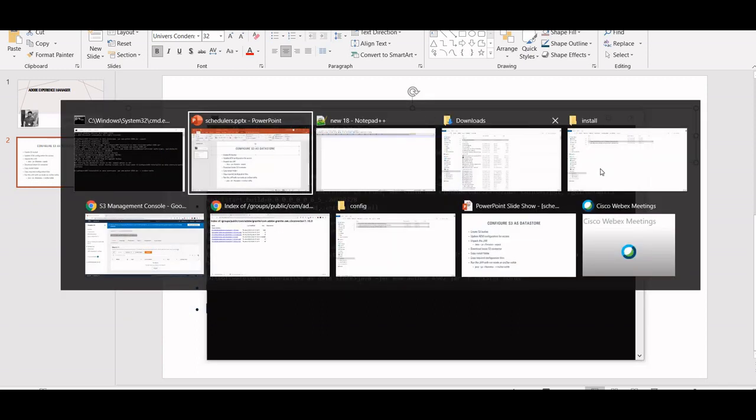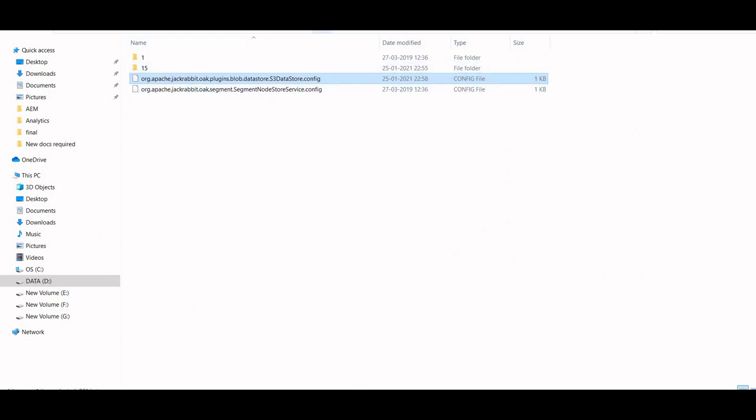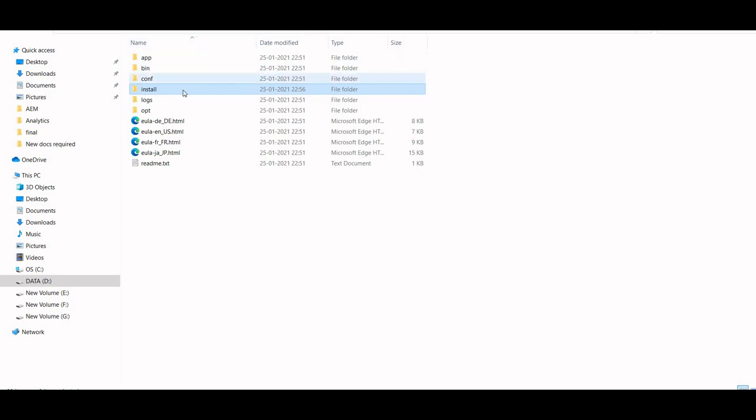Okay, and then we can also monitor if everything is going well. If we go to the crx quickstart folder, we can check the logs to see that everything is going well.